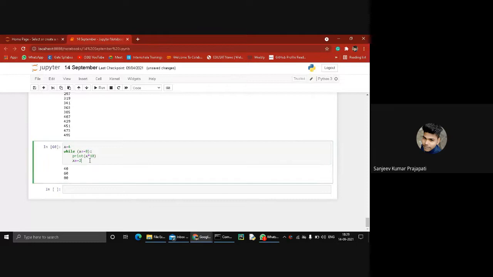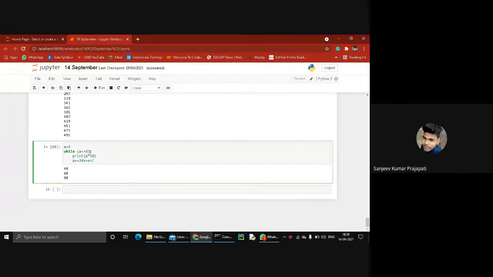Then the value of x is incremented by 2. It's the same as x = x + 2. So the value of x is updated; 4 plus 2 is 6.